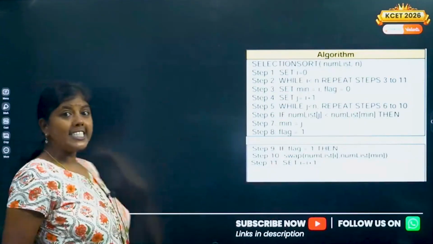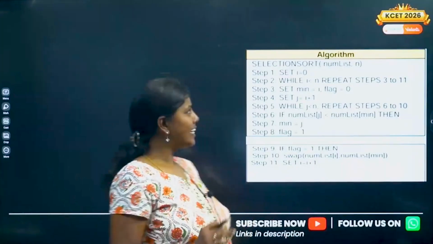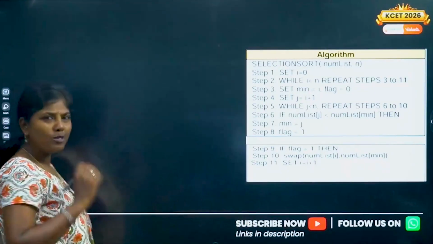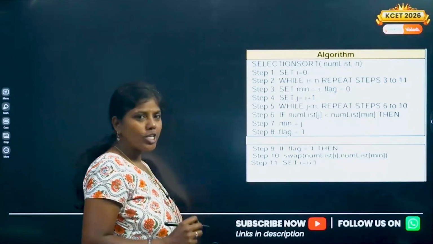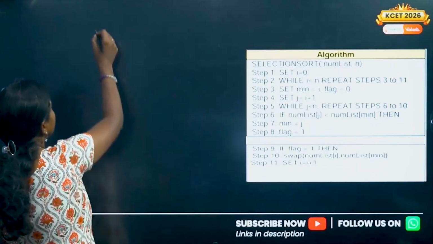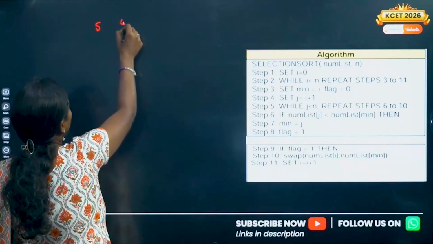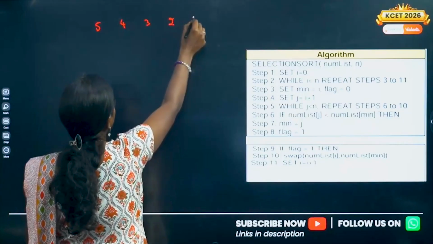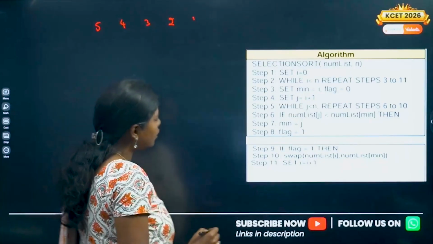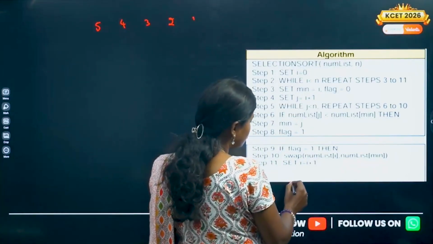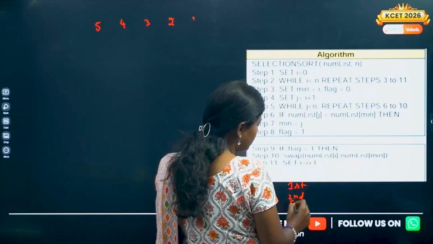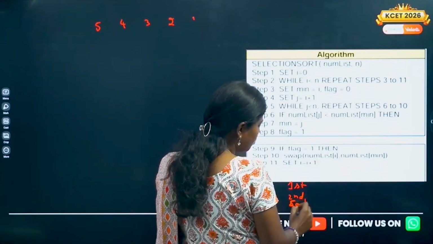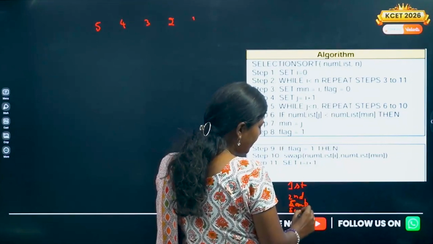Okay, we'll go for the selection sort. What is selection sort? We'll try to understand. I'm going to take the same example, so you'll be able to understand in a better way. In case of selection sort, how do we do it? See, I'm going to consider 5, 4, 3, 2, 1. And what are the loops I need? Let me write it here also so that it becomes easy for you. What is the first loop? What is the second loop? What is the comparison? And what is going to be the swapping technique?